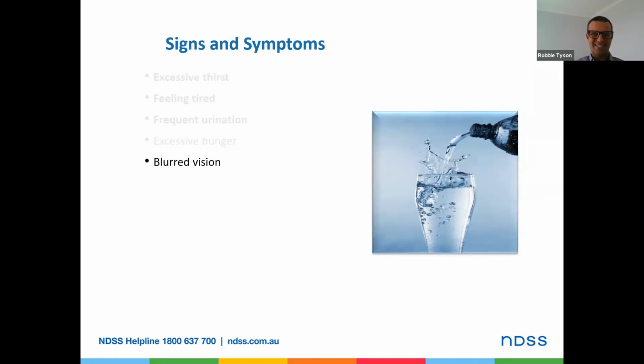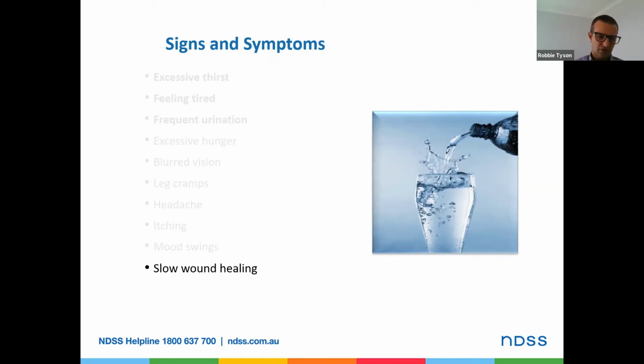Blurry vision: we know that high blood glucose levels can interfere with and damage small blood vessels in the body, and in the eyes we have small capillaries. Damage to those blood vessels tends to result in blurry vision, an early sign and symptom of type 2 diabetes. Leg cramps occur as well, with decreased blood flow, or reduced ability for the blood to flow appropriately if it becomes a little thicker with the excess glucose in the blood. Headaches are common too, along with itching on the skin and mood swings, which can go hand in hand with the hunger, if we don't have that energy or glucose getting where it needs to go.